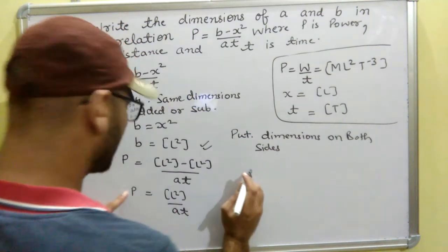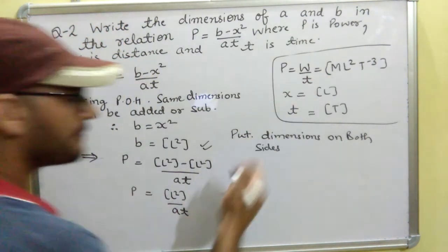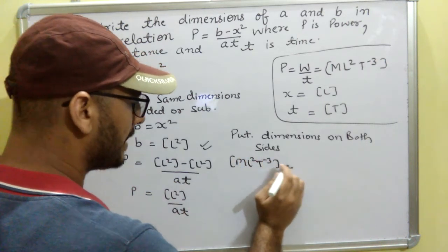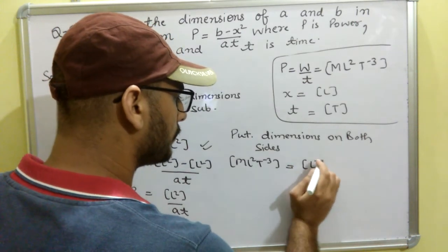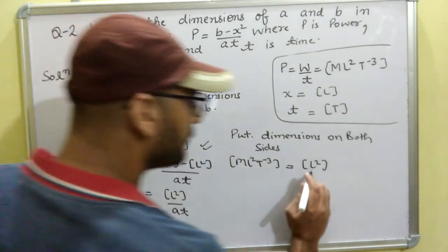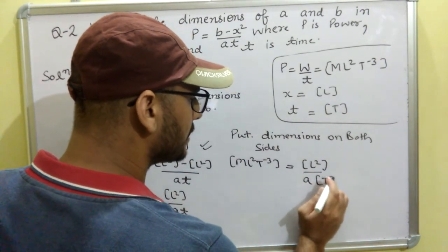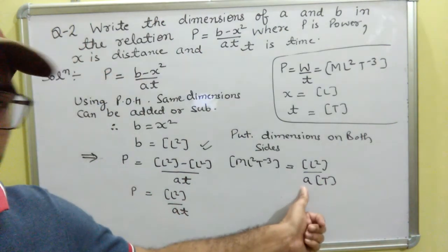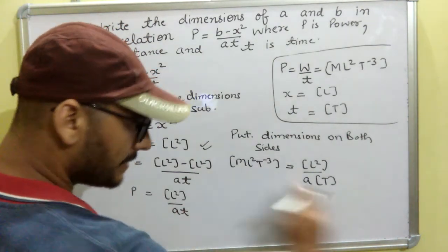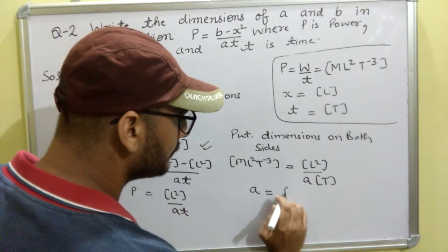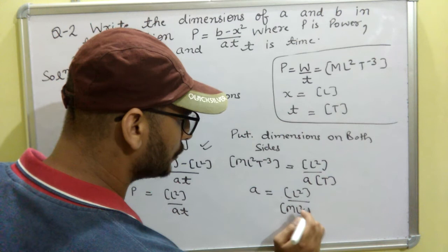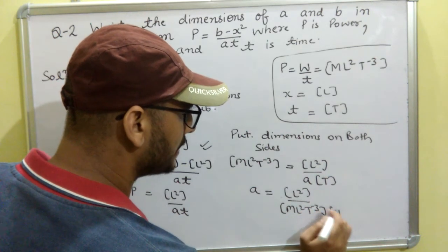Now put the dimensions. Pressure, sorry, this is your power. So the dimension of power is M L2 T minus 3. Here you have L square. You know, L square minus L square gives you L square. That's why I have written L square here. In the division, A and the dimension for time is T. Now look, you have to calculate only A, the rest of the dimension formulas you know. So you can calculate A, just cross multiply. So A will be L square divided by M L2 T minus 3 multiplied by time.